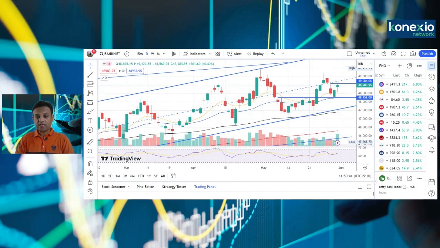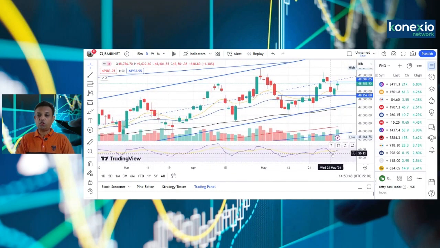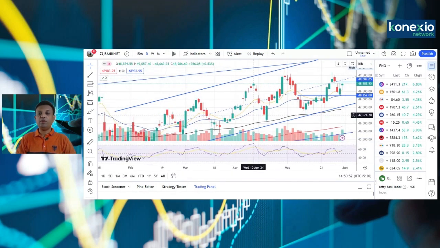Here you can see RSI is also positive. It has given a comfortable positive crossover from the comfortable zone. So definitely the chart seems to be positive. Nothing to worry about at these levels. So looking at the charts, the trend remains positive. Any dips should be used as a buying opportunity, or one should be long on the Bank Nifty from this juncture, or even if there is some sort of cool off, that should be used as a buying opportunity.